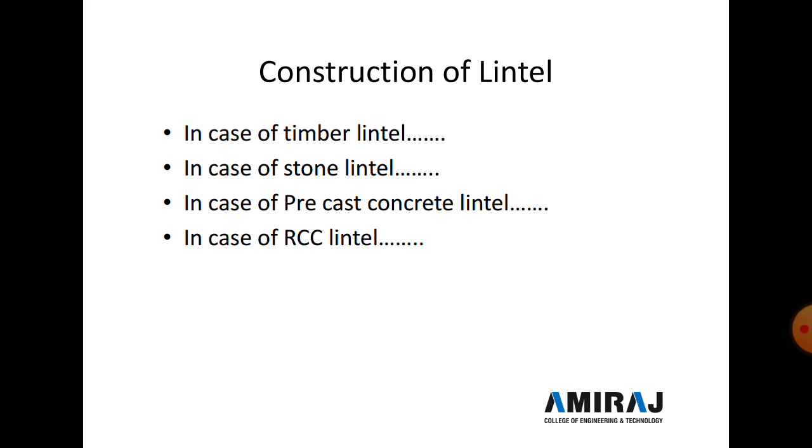Now in case of the RCC lintel, the formwork as per the required size, shape and length according to design is installed or erected over the opening area, and then the formwork is reinforced with steel as per the design, with a proper cover all around the formwork, and cast in situ work is done. Cement concrete is poured in the formwork, and then we remove the formwork, and curing is required in the RCC lintel. Now the next topic we start is a new topic, the arch.